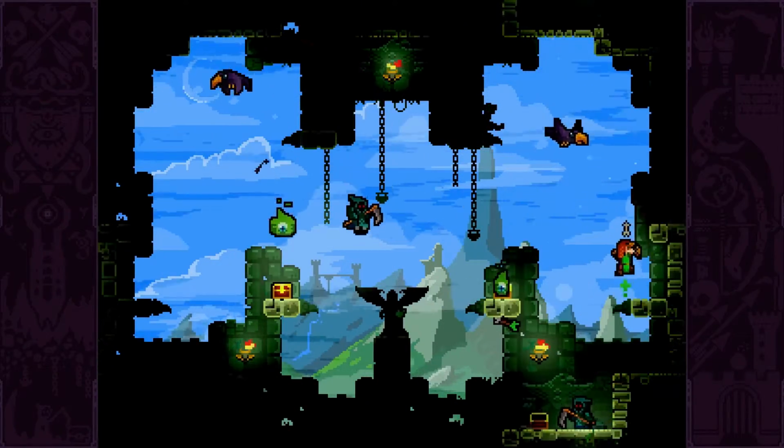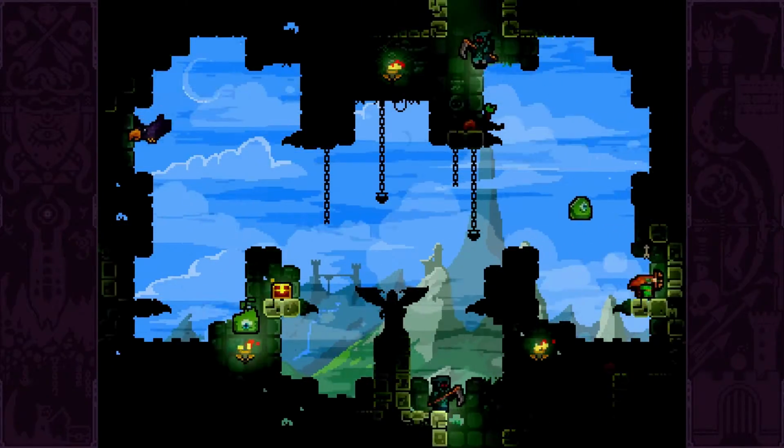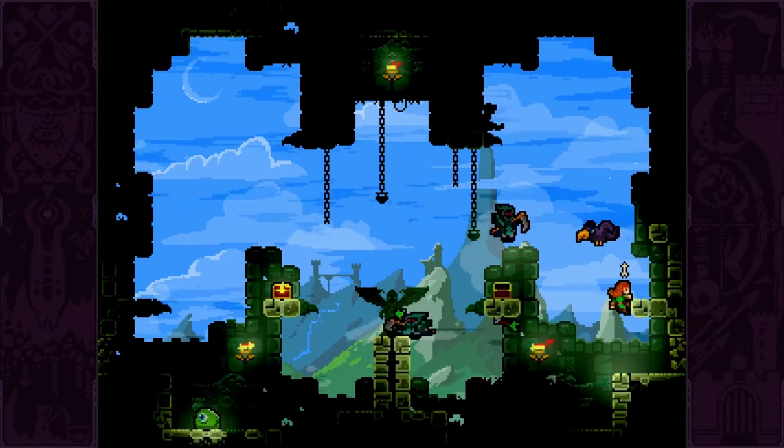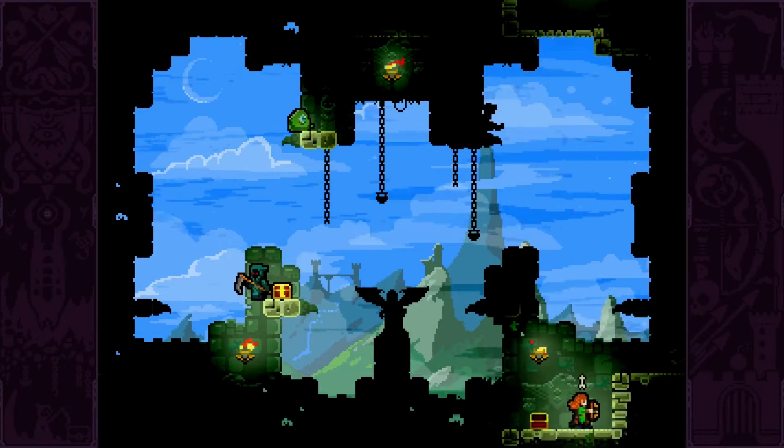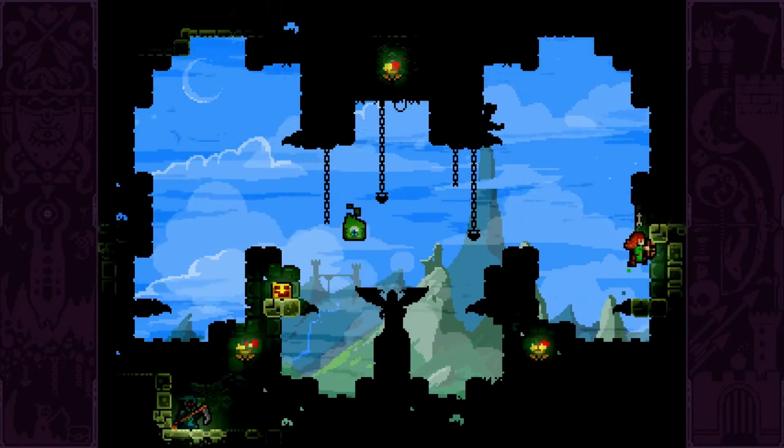Oh, I've got one arrow now. Okay, get him. And I've got to get this arrow back, otherwise I'm going to be super boned. Ooh, I can get him on his head. Get him on his head. And I've got a slime and a...